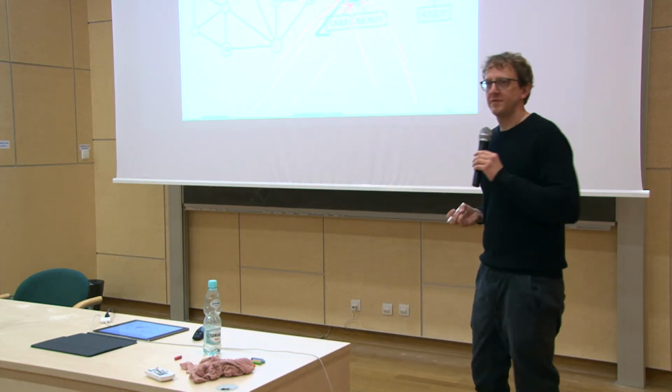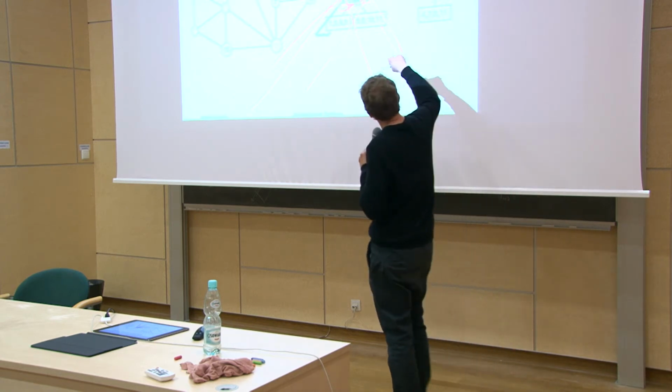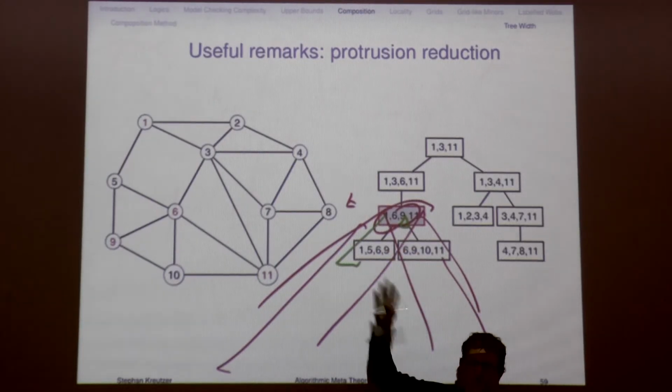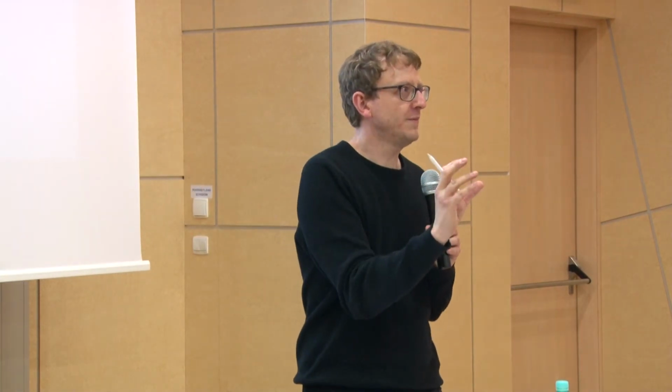Which means another way of proving this theorem is you just go up, and as soon as you repeat a type, you just replace it by something smaller. And so you will shrink your entire graph up to the point where it's constant size. This is a very easy consequence of this proof, and it's being used in more complicated graph settings. The algorithms people have noticed this as well, and it's called protrusion reduction, whatever that really means. Which means you can replace a big part of your graph by something very small, and this gives you a size reduction on your graph, and you go on.